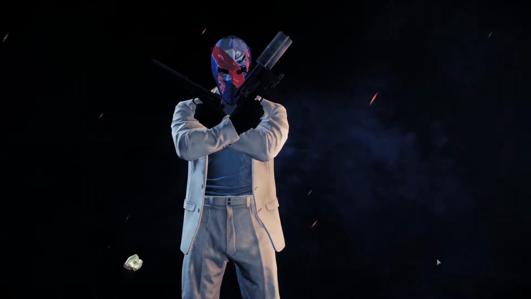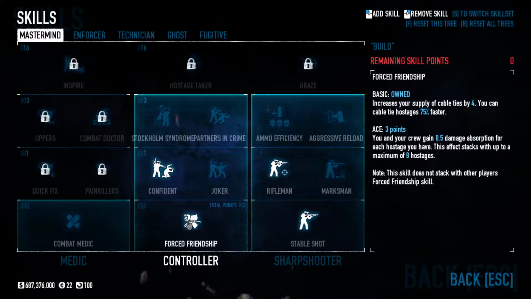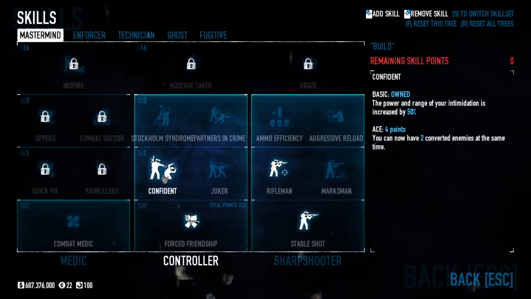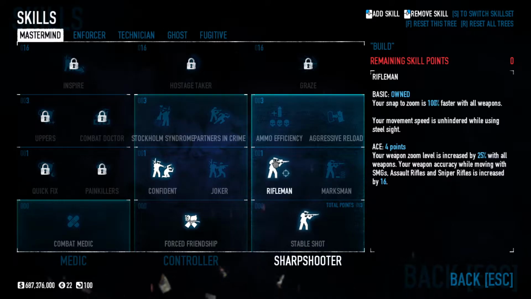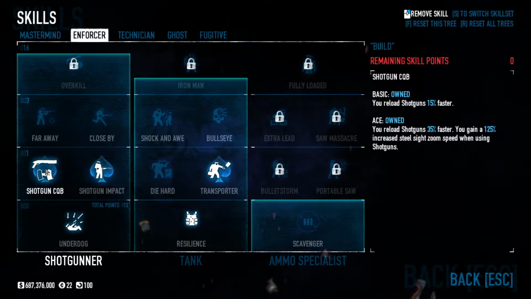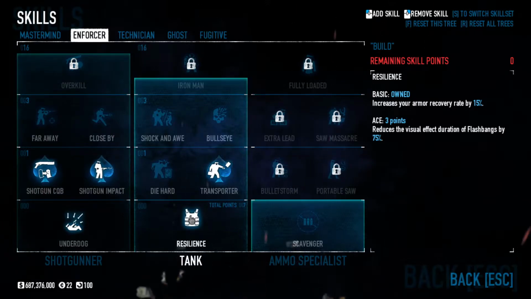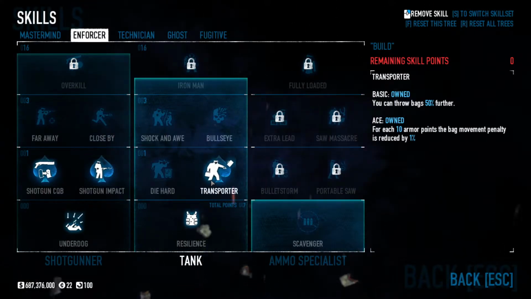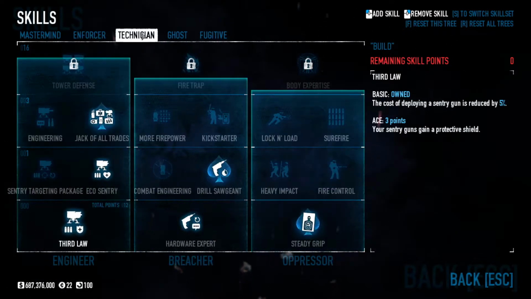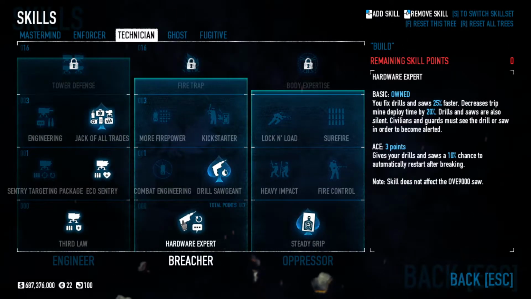So now that I've finished the heist, I'm going to show you what I used for my build. In Mastermind, I used Forced Friendship, just in case I could tie any civilians down, Confident, Stable Shot, and Rifleman. In Enforcer, I used Underdog, and Shotgun CQB and Shotgun Impact, both aced. I used Resilience basic so I can get up to Transporter to get all that sweet bag moving. In Technician, I used a bunch of skills to get Jack of All Trades, Hardware Expert, Drill Sergeant,